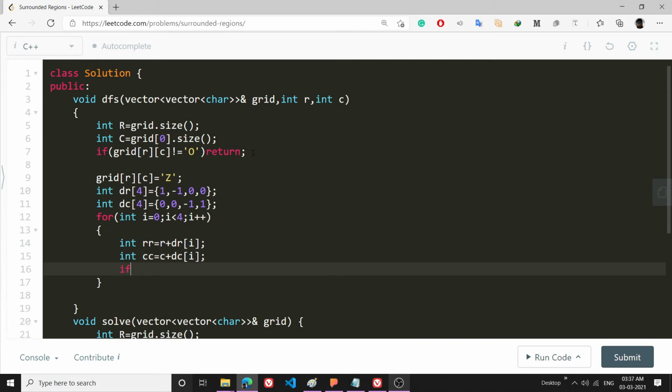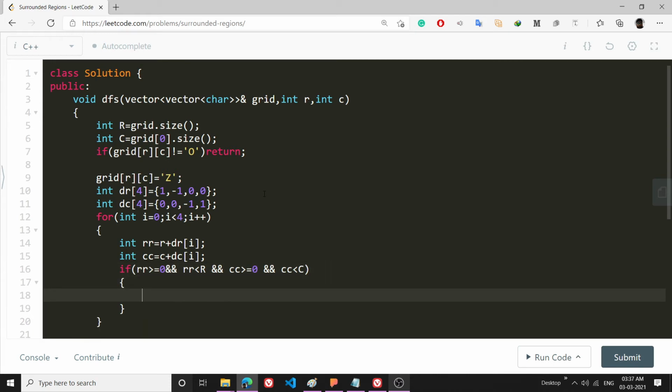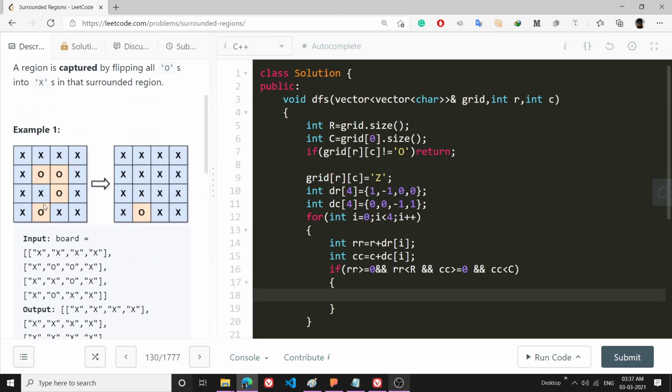So now I will check if these new coordinates are fit, meaning they lie on the board: if rr is greater than or equal to 0 and rr is less than r, and cc is greater than or equal to 0 and cc is less than c. If the current node that I am exploring, for example from this o, is x, then it will go into the next recursion call and get returned from there.